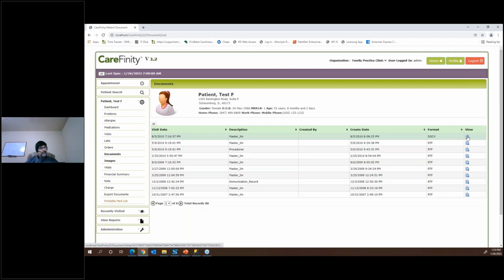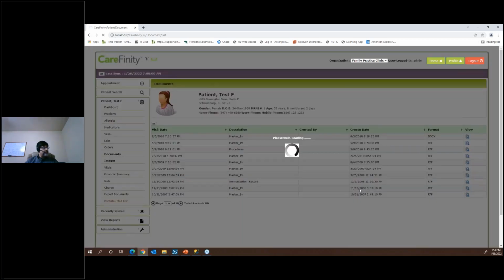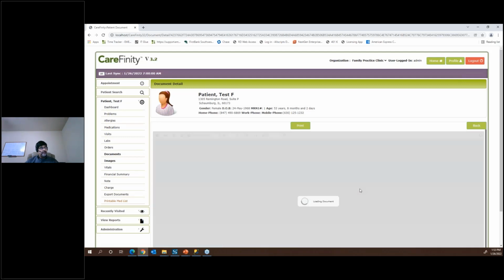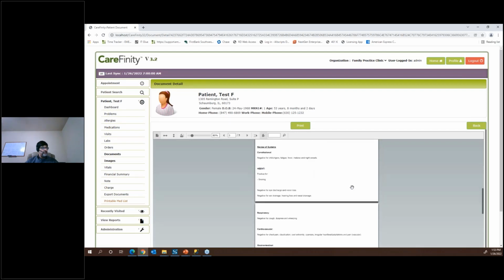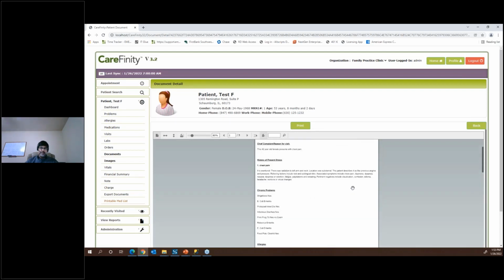Great, thank you. So I'm going to come in here to view this visit note. My visit notes are going to be available to me from within the environment here. So here's that visit note for me that I can view. So all of my visit notes, all of my image data is available to me by default. You certainly could configure your deployment of CareFinity to limit the amount of data that's available there for you.